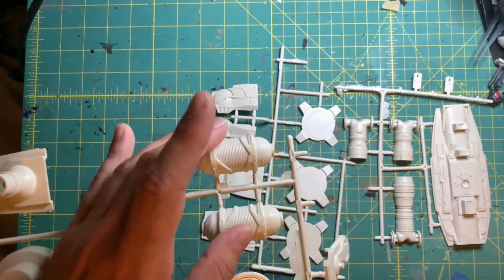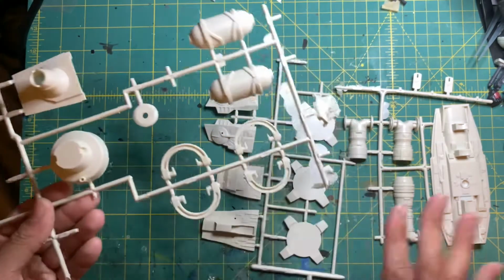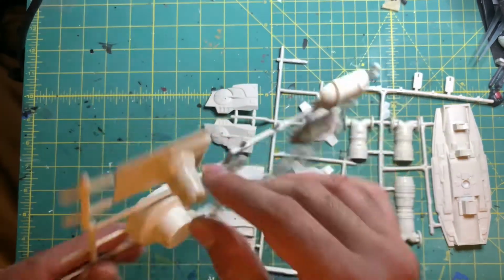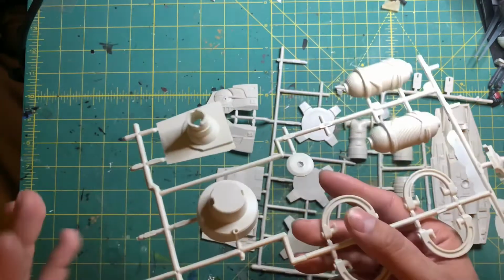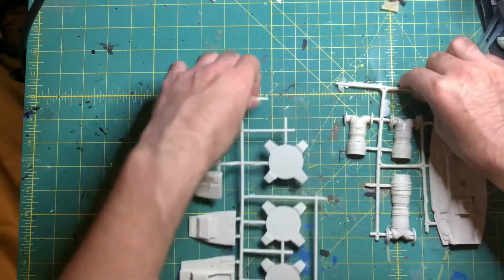We have the neck joint right there. It has the ribbing detail. We have the top parts for the turrets. This particular version, by the way, comes with the 2 speeders and 2 turrets. We have the back part of the chest. So this part has a little bit of articulation on the neck, and I'll get into that in a moment. We have part of one of the feet that goes there. So moving these back,